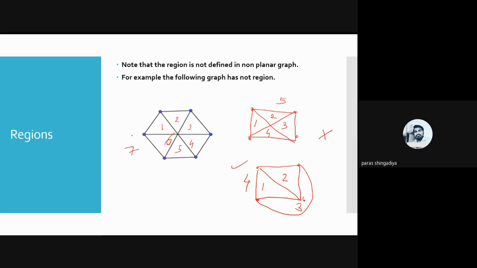And here this graph is K3,3, as we discussed in Kuratowski's graph, and we know that K3,3 is non-planar, meaning we cannot embed this graph in the plane, and therefore we cannot place the regions in such a way. It means it is incorrect.